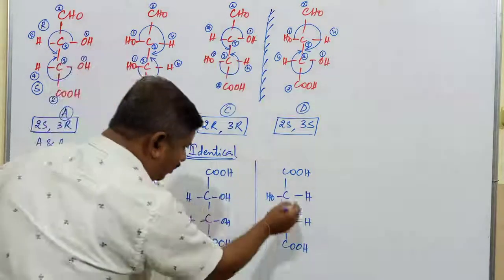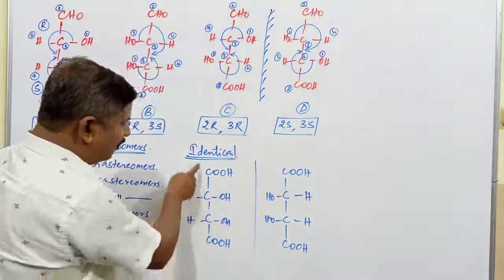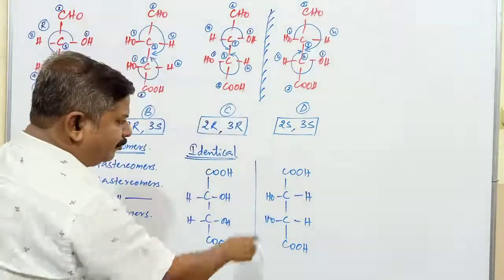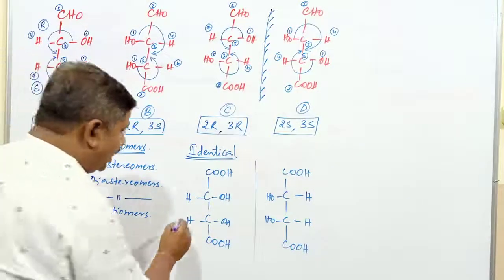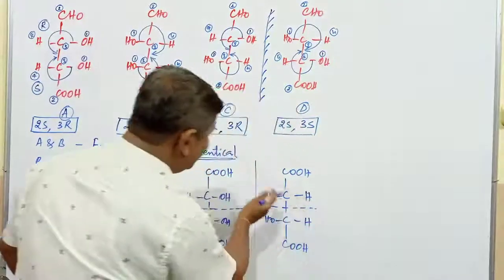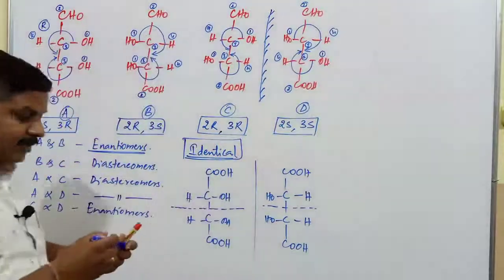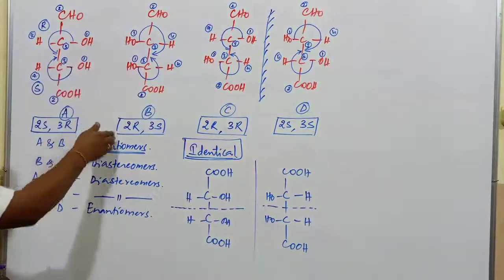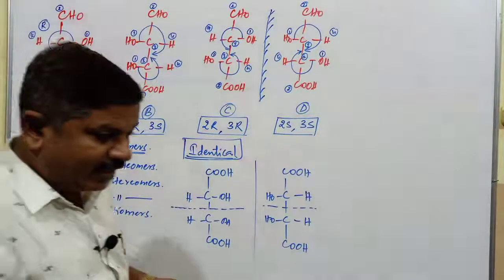You assign the configuration in case of these two molecules at the second and third carbon atom. From top to bottom you can go, or bottom to top you can go. It makes no difference because at both positions the same groups are present. You assign the configuration with respect to this molecule, and a plane of symmetry is present, and these molecules are optically inactive compounds. Such species are commonly called what? Identical molecules. So these two are found to be identical, and as I mentioned, this one is a set of enantiomers and the corresponding diastereomers.